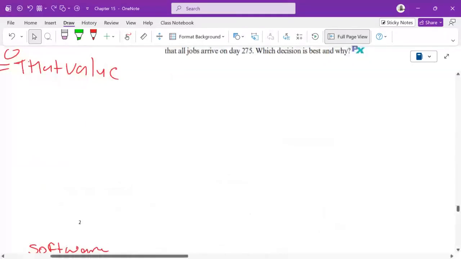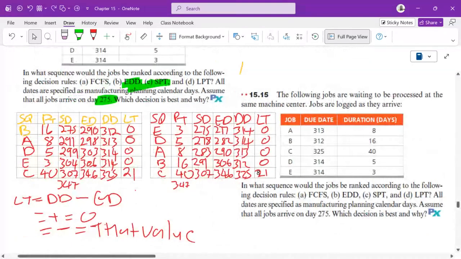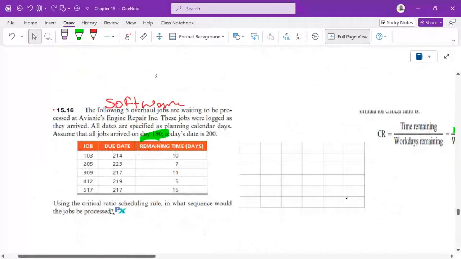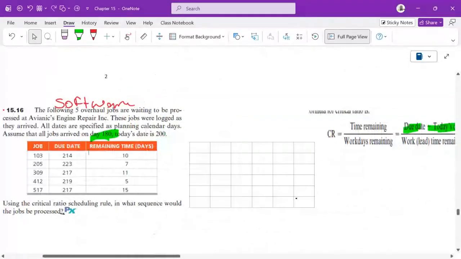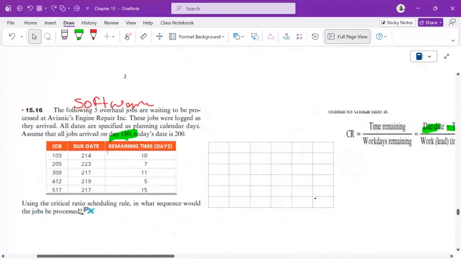Even this side here, we said we used the job arrived date, so we're using it in our calculations. In this case we're going to neglect 200 when calculating and use